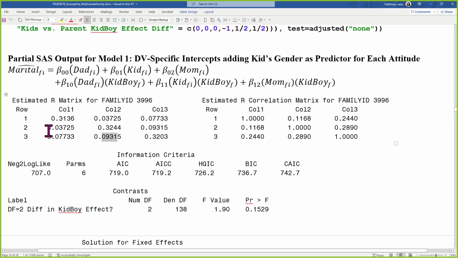Yeah, so the big deal is that we're estimating something on these off diagonals. That's what makes this a multivariate model that adds dependency in. So this is the dependency between kids and moms, kids and dads, and moms and dads. It's in there. So we're changing the assumption of our residuals to not be independent with constant variance. Instead, we're letting them be dependent with not constant variance, depending on which response we're predicting.